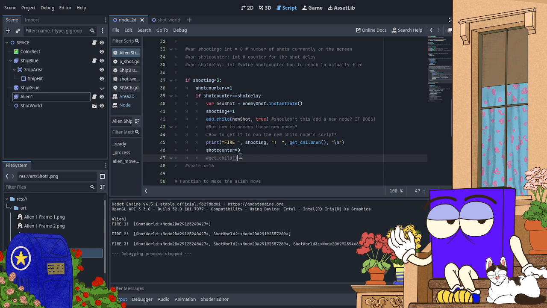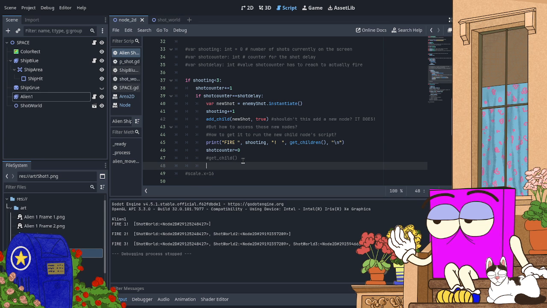But anyway, I realized that I can address the one that was just created directly by accessing get child. I don't know why I'm doing this twice. Get child, shooting -1 as the index.